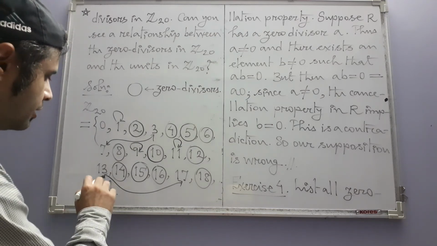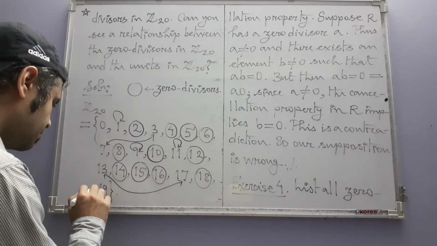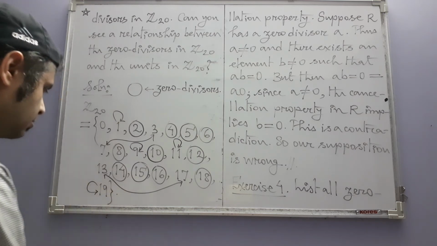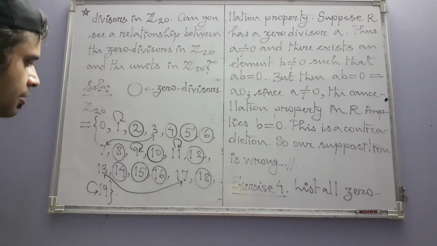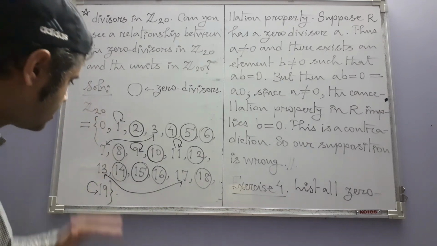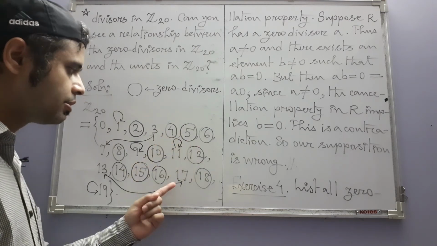And 19 is a unit because it is again an inverse of itself. So you can see that in this ring all the non-zero elements are either zero divisors